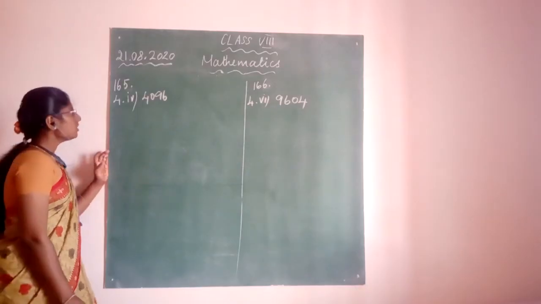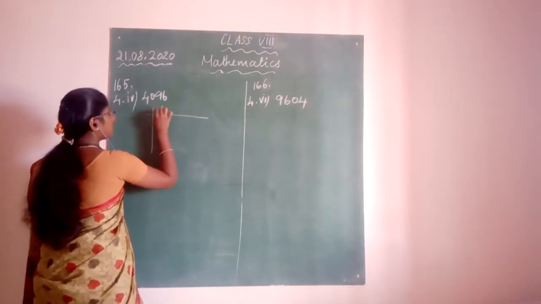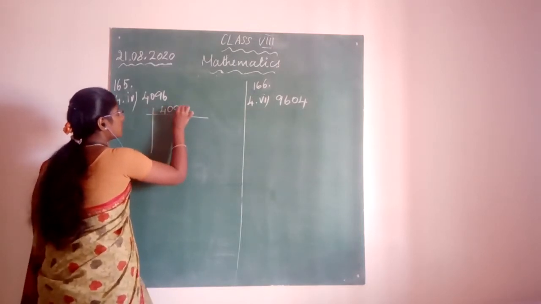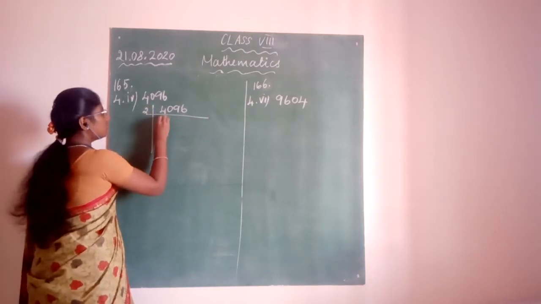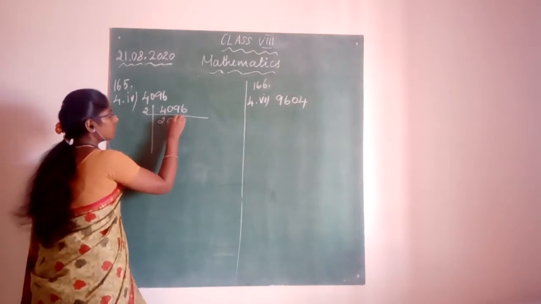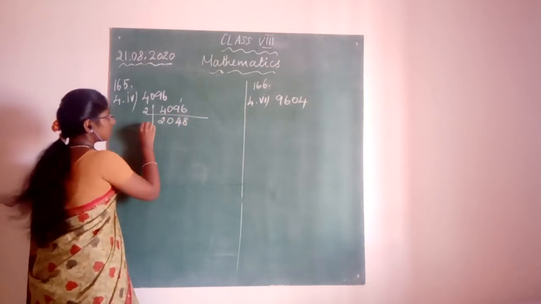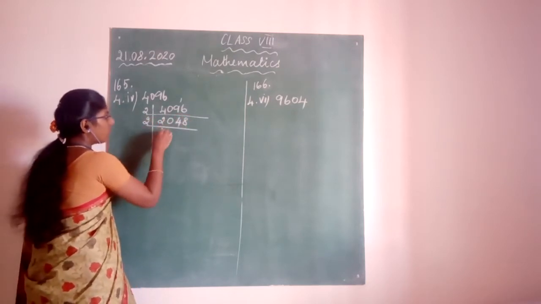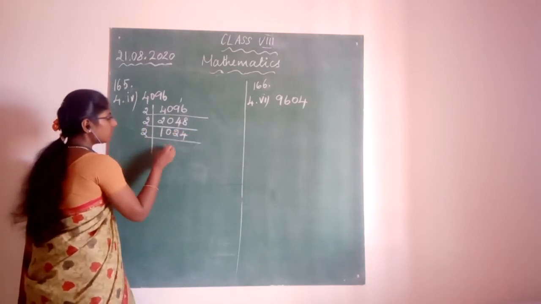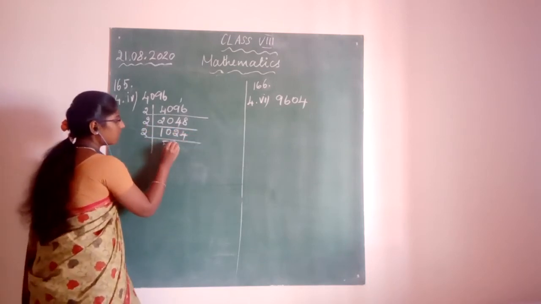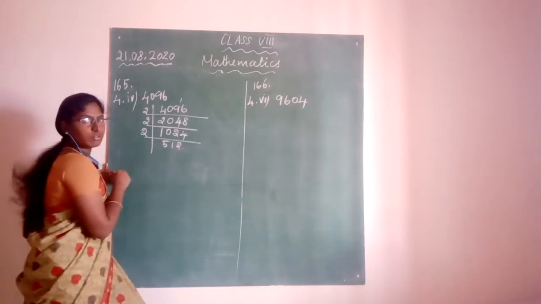Look at the next question. 4096 is given. Okay, so start doing prime factorization. Okay, let us start with 2 table. 2 2s are 4, 0 as it is. 2 4s are 8, 1 remaining. So 2 8s are 16. Next again 2 table. 1 0 2 4. Okay, again 2 table. 2 5s are 10. Okay, then 2 1s are 2 and 2 2s are 4.